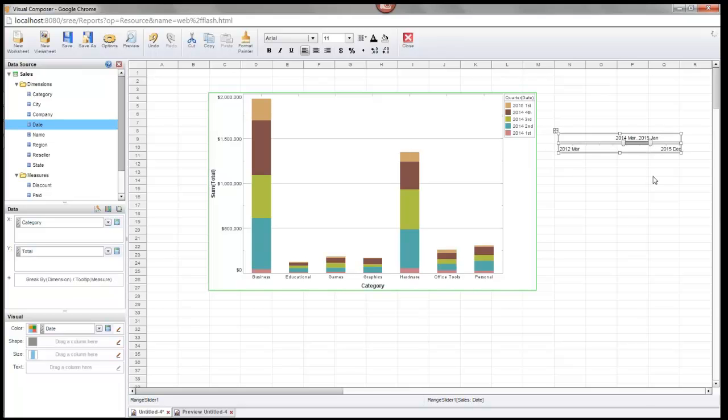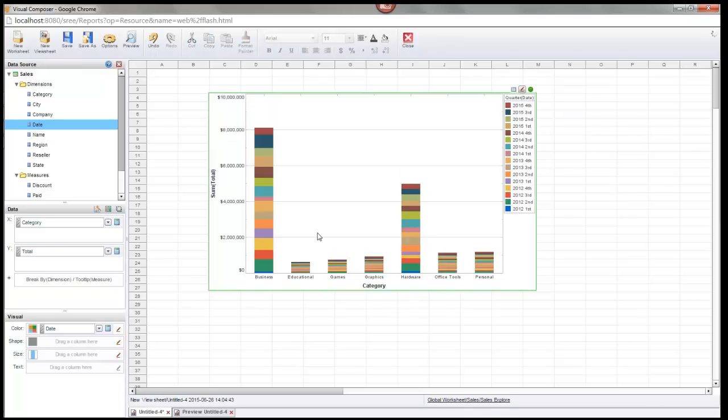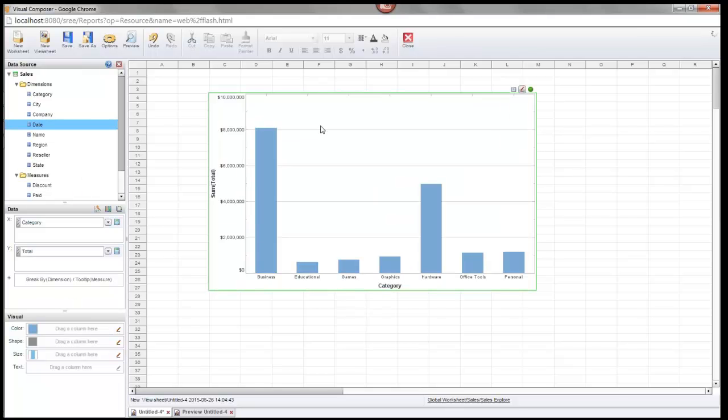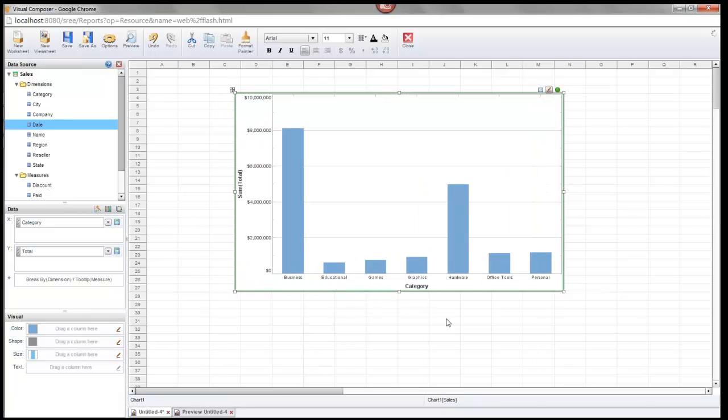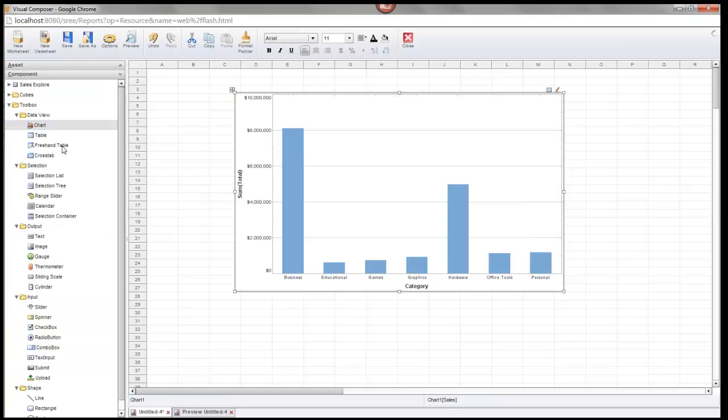So if you're looking at some kind of more advanced comparison of dates, what you might consider doing is, instead of doing this, using a calendar. So let's just take a quick look at calendars. I'm going to remove this. And okay, the chart is now back the way that it started, just total versus category. And what I'd like to do is some kind of more advanced date comparison. So I'm going to grab a calendar control,